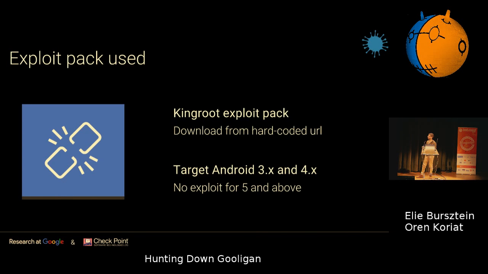And once we've decoded this payload, we can now download the rootkit. So what is Gooligan using for a rootkit? Did they develop any of their own exploits? No, no time to do that. They just used some third-party service, KingRoot. This is a very famous rooting solution in Android. Don't think there's any need to introduce it to anyone that's familiar with the Android ecosystem. And the exploits that were within this rootkit were relevant for Android between 3 and 4.